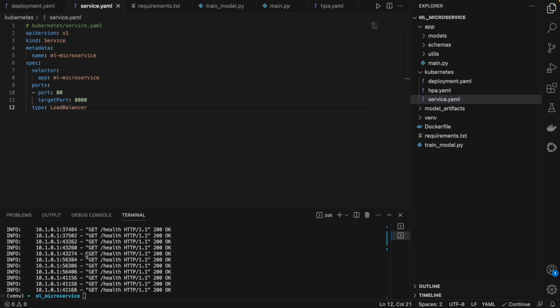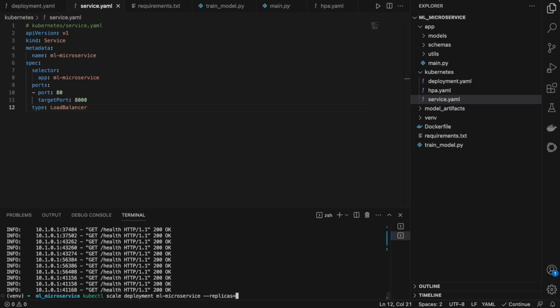Now, suppose in a production environment your two pods are not enough. You can even scale the entire project by using this command, kubectl scale deployment. Then give the name of the deployment, ML microservice. Give the number of replicas of the pod you need.